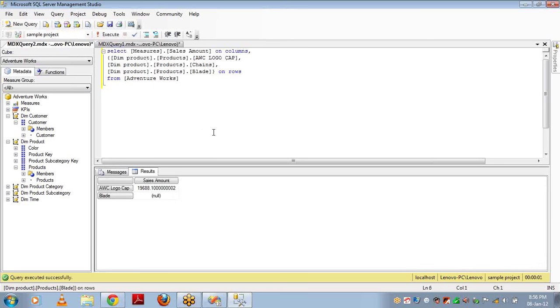And this is the data. There is no item called chains. Let me try with chain again, whether it is there or not. Yes, it is, and the data is none. So this is how you can filter the data if you want to show the same attribute hierarchy level in your rows and filter it.